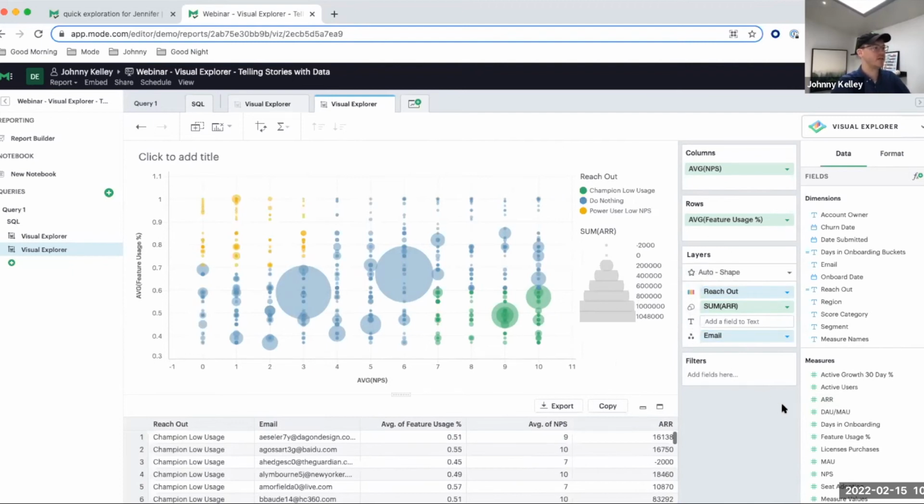What this is doing is adding dimensions to our data set, right? As you can see, we have size in here, and we can see that these green accounts are a little bit bigger than some of the yellow accounts. So maybe we want to focus on our champions with low usage first. I'll definitely reach out to Jennifer and talk to her about that. But before I do that,